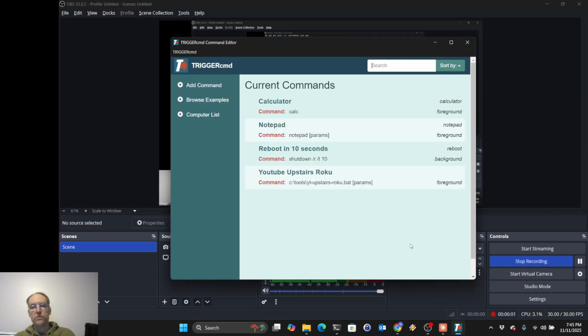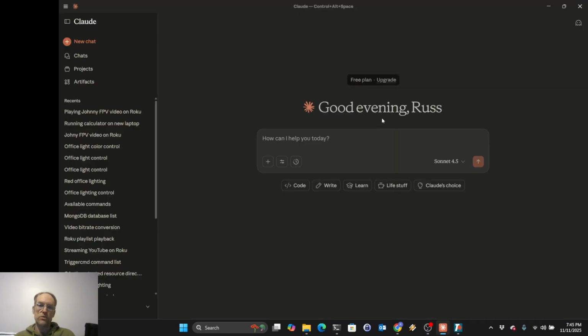Hi, my name is Russ from TRIGGERcmd, and I want to show you how to use the MCP server for TRIGGERcmd with a tool like Claude, although you can use it with other tools like VS Code, because VS Code is also a client for large language models like Claude or GPT-5, that kind of thing. You can also use it with online tools like Mistral, but anyway, let me show you how you would use